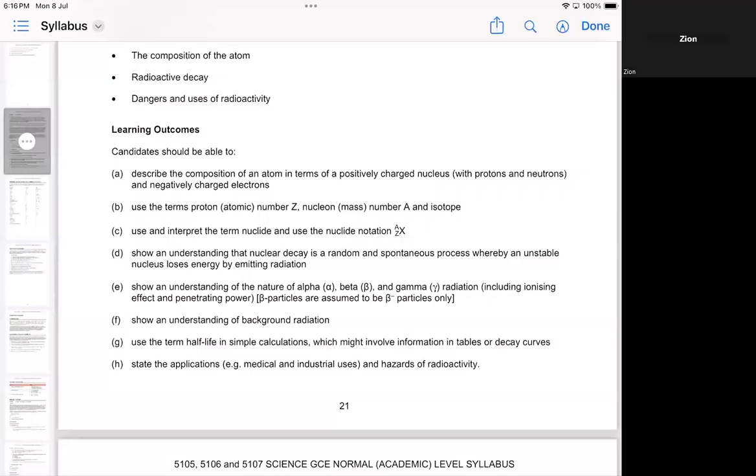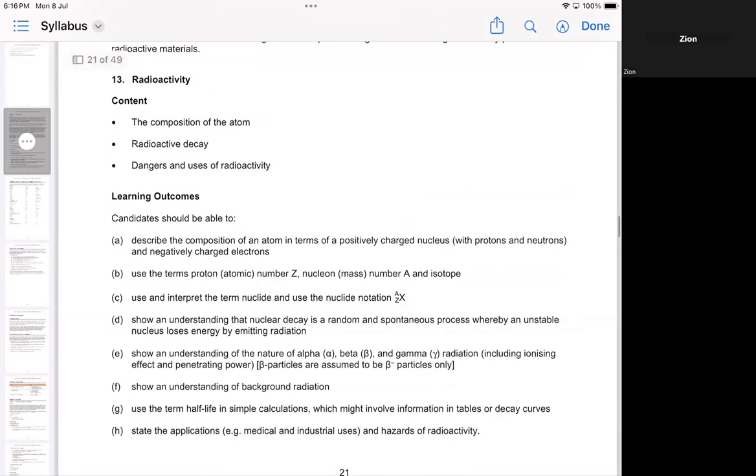All right, so let's look at the points. Look at point A, composition of atoms in terms of positive nucleus and negative charge electron. This is exactly the same as chemistry. So for point A, you are expected to know things like